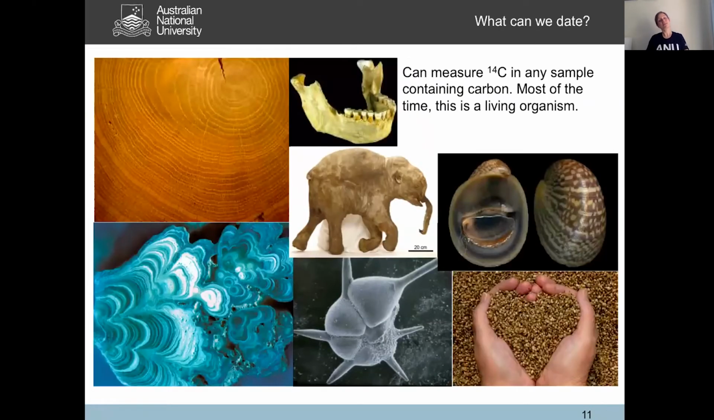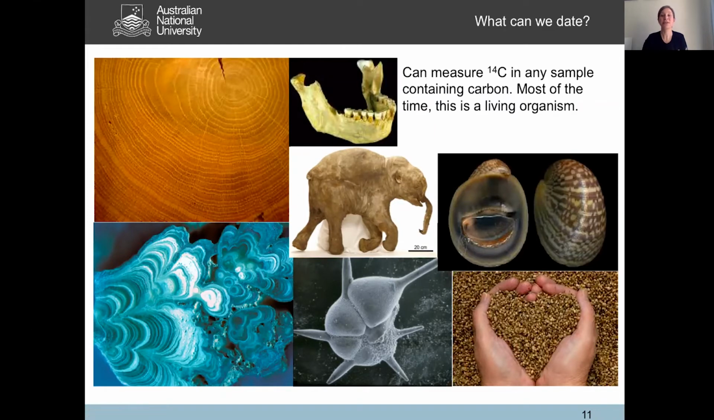So what can we measure? Well, we can measure carbon-14 in anything which contains carbon. In terms of dating processes, most of the time we're talking about living organisms. So tree rings are absolutely beautiful things to date. We have speleothems and corals, so carbonate formations. We can do things like